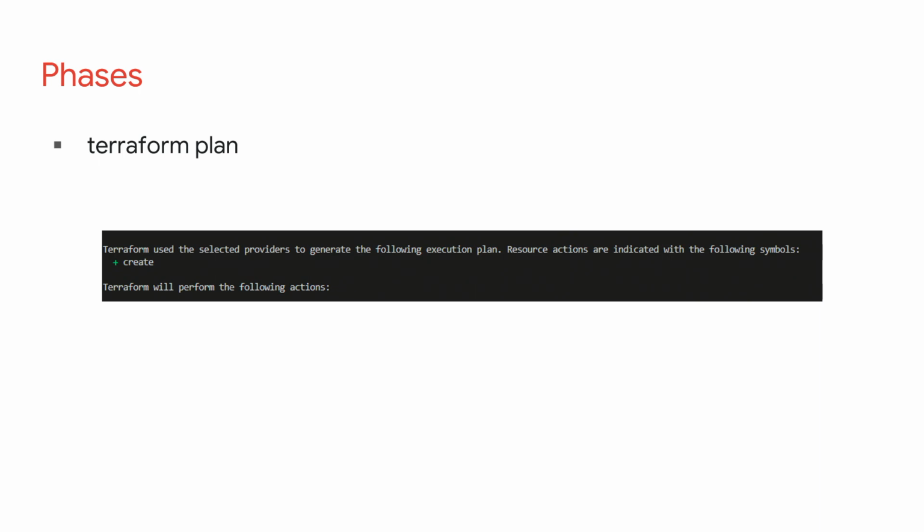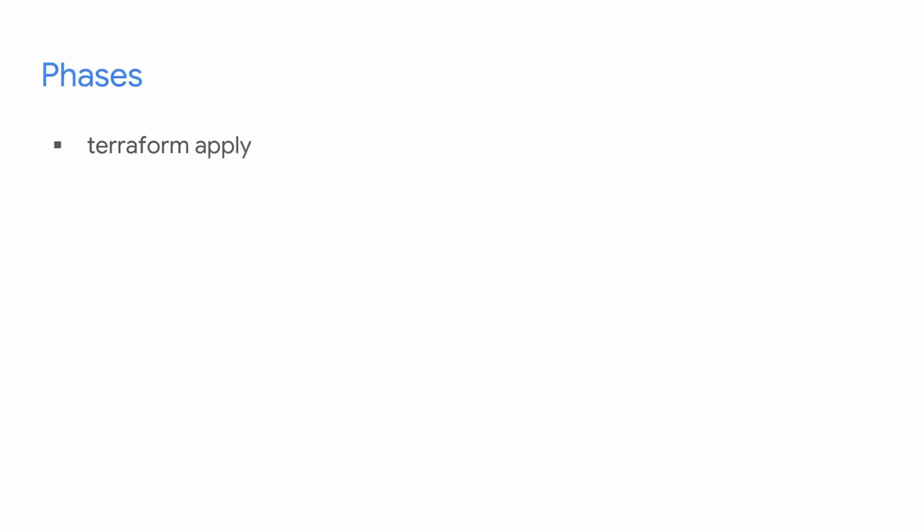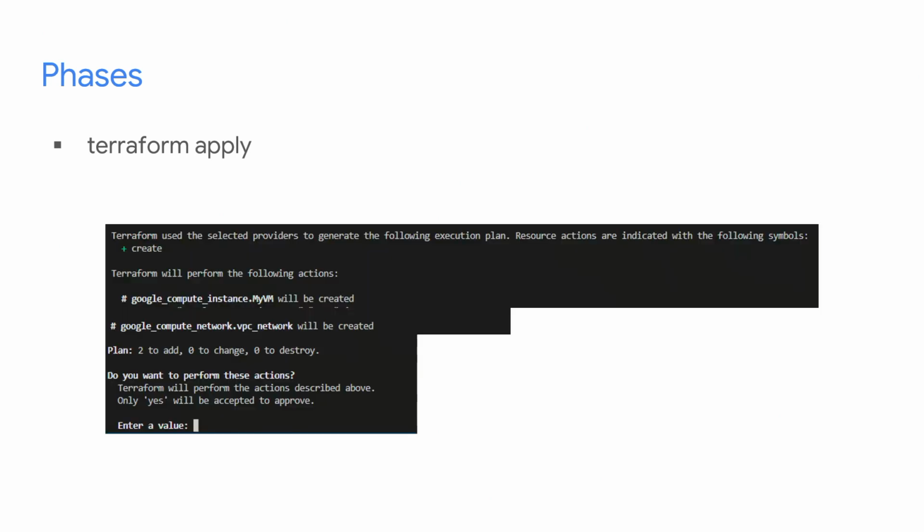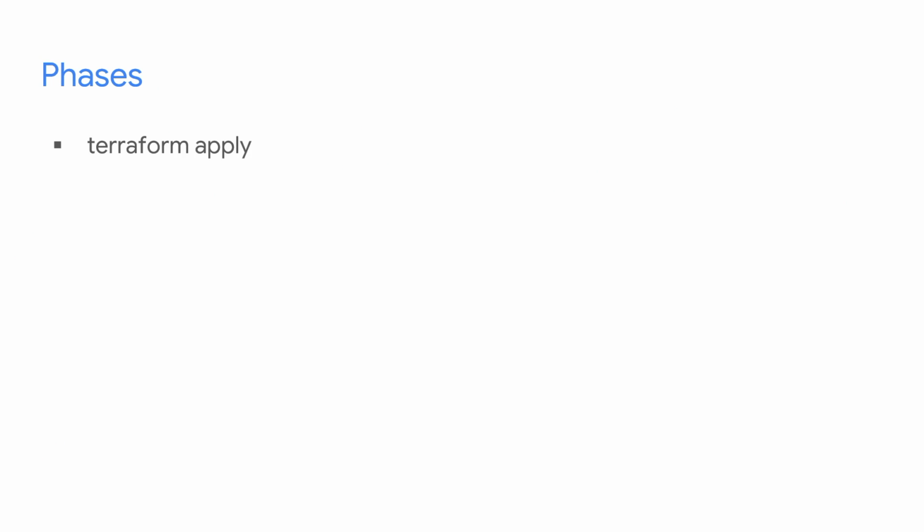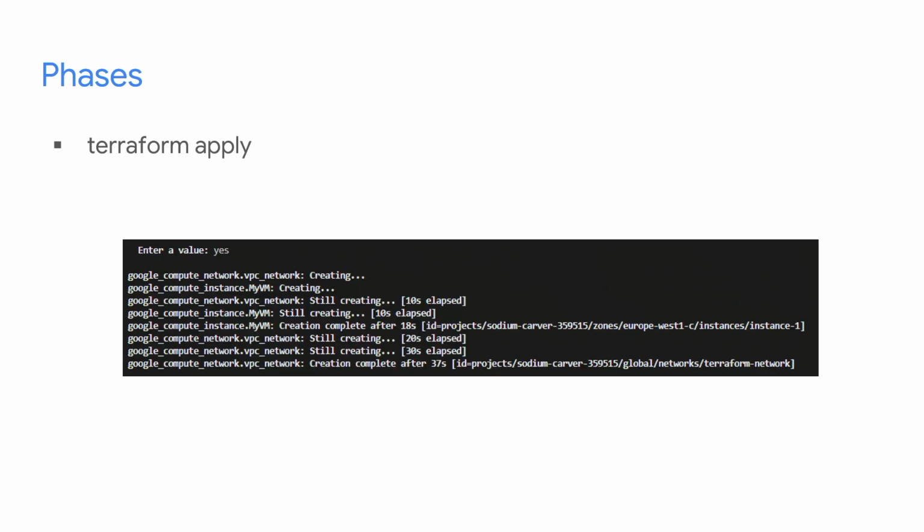This means for Terraform that there are no current resources under its control, and it will go ahead and create a plan. When running the Terraform apply command, it will try recreating the plan and refreshing the state. It will reach the conclusion that there's no such thing for now and proceed to take us to our destination once we confirm by entering yes. Once created, our resources will have an assigned unique ID.